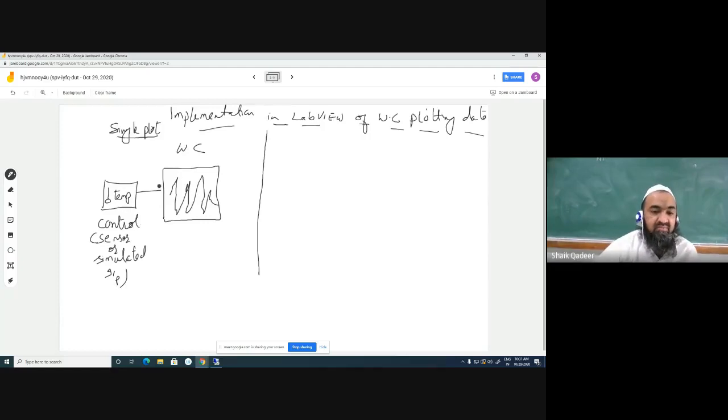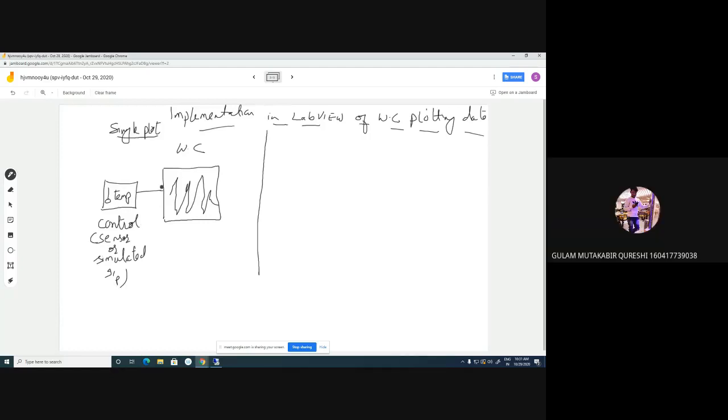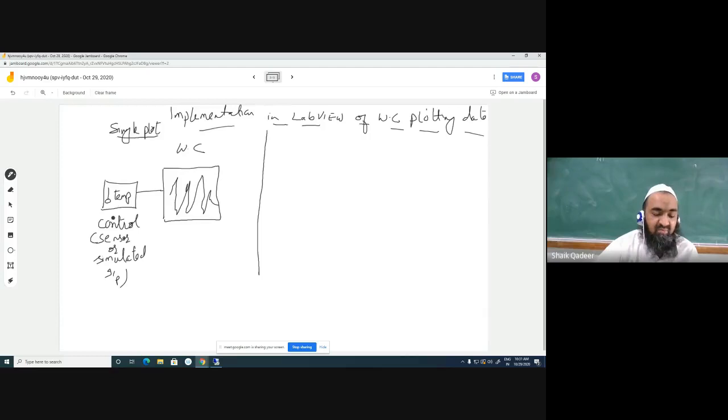Is it clear? Yes, sir. Directly single input we can apply to waveform chart. Let us suppose that we want to apply multiple input. One is temperature, the second one is level, and the third one is suppose another temperature. Three inputs we have and we want to apply to waveform chart.